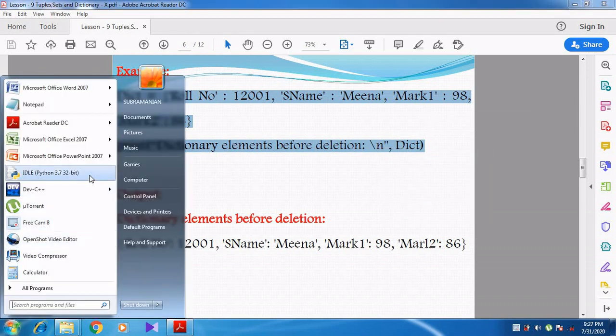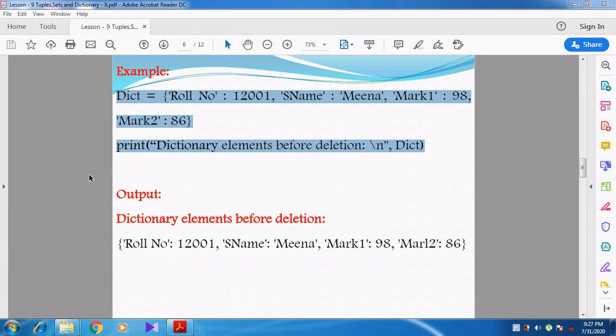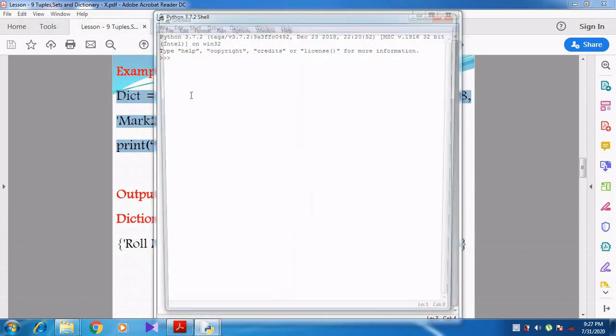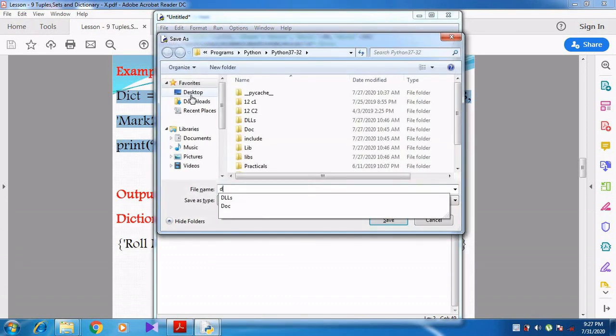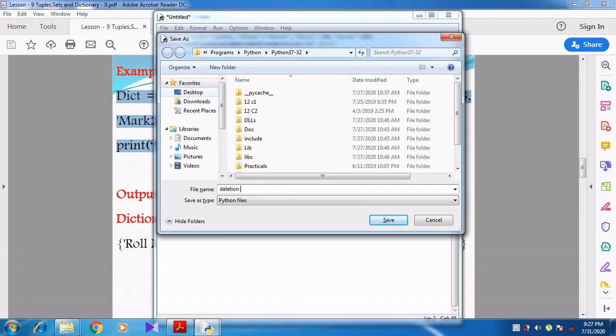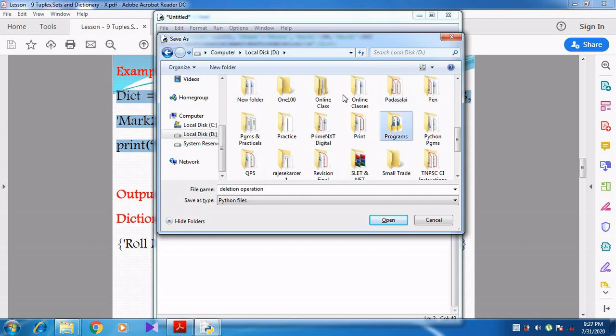I am using script mode in Python, so I copy this and paste it with Control plus V. This is the deletion operation, and I am going to store it in the programs folder.